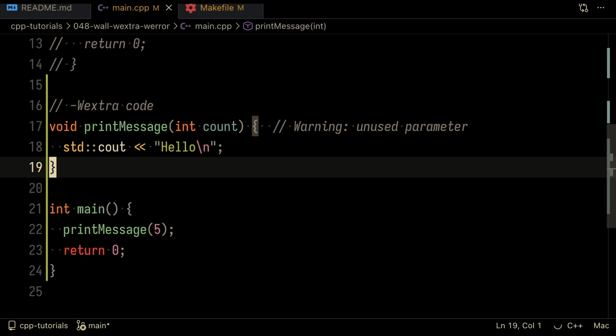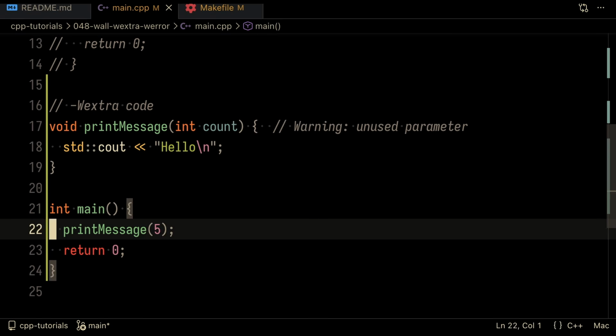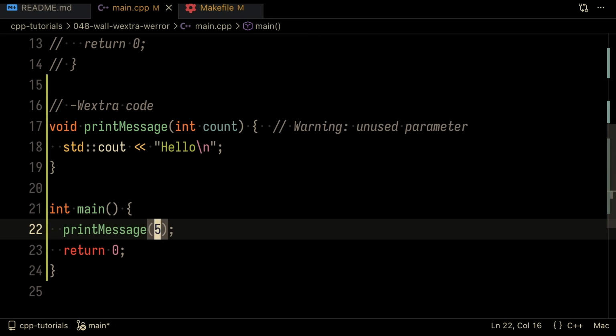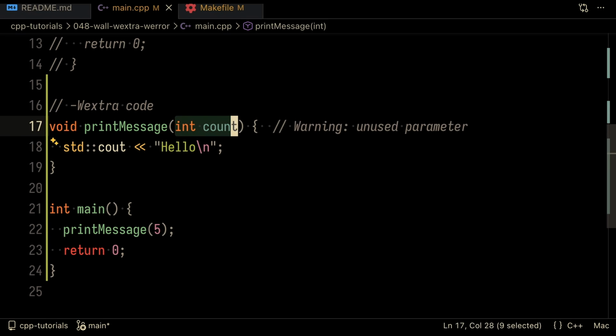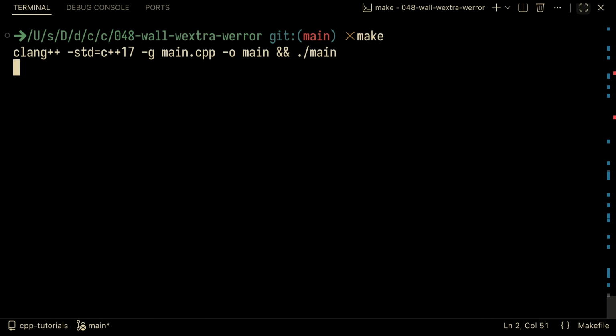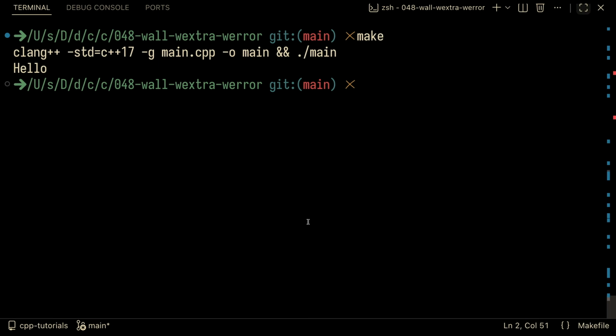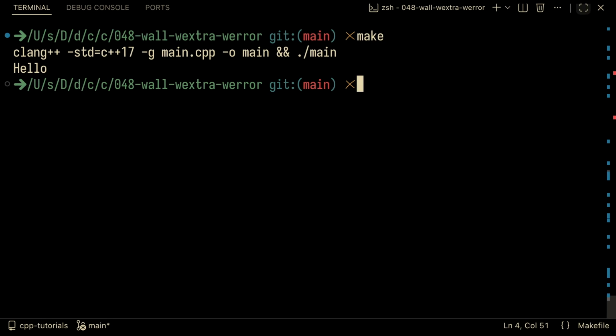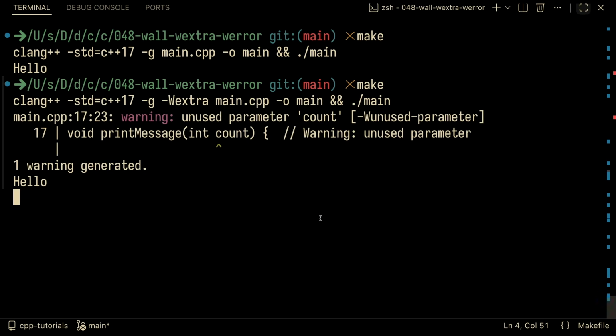So for Wextra, I've got a simple function here, which is int main, and it's doing print message. Inside of print message, we're passing in the variable 5, and inside of this function, of course, we've got the parameter int count, but it's not being used anywhere. So if I were to make this code without the Wextra flag, then it's going to run without any compiler warnings. But if I enable the Wextra flag and then I make this, then you're going to see that it